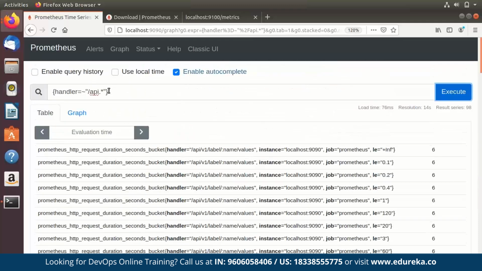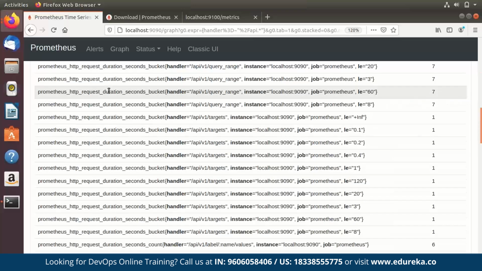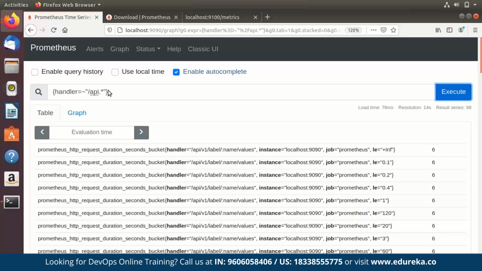What we've done here is use a regular expression, and in this regular expression, it needs to end with a full stop and a star, since regular expressions always match a full string in Prometheus. Now, the resulting time series is usually a mix of series with different metric names. Now you know how to select your time series by the metric names as well as a combination of their label names. In the next part, we will learn how to calculate rates or deltas of a metric over time.